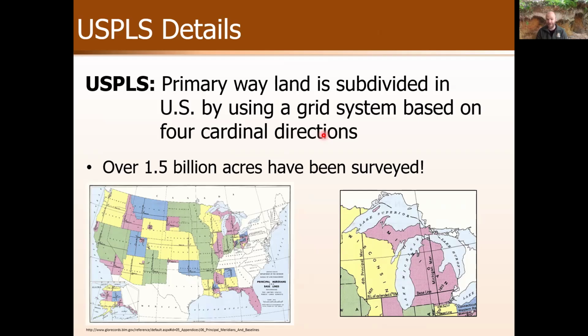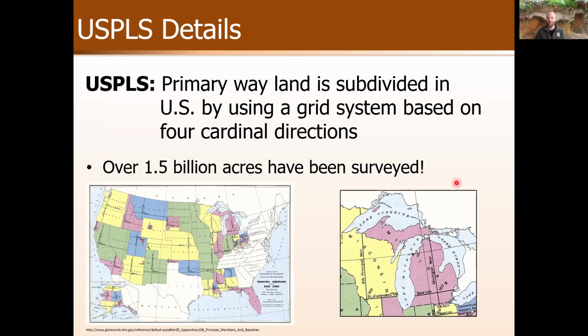So to date, over 1.5 billion acres have been surveyed, and this is the primary way of the legal description of land. Literally, if any of you have bought or sold, or perhaps some family members own a 40-acre parcel, or any amount of land, really, for that matter, if you go to your county courthouse to get the legal description for that parcel, it includes this U.S. Public Land Survey System